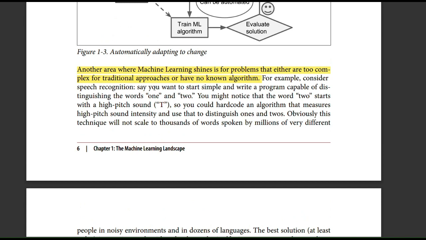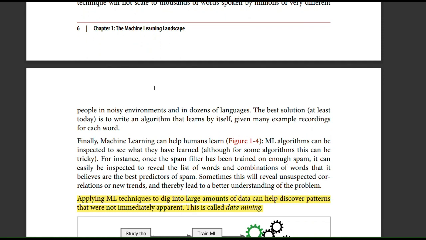For example, if you want to distinguish between the numbers 1 and 2, we recognize that 2 starts with a high pitch sound and the sound t, and 1 starts with a somewhat lower pitch. So we might use that observation to classify 1 and 2. But there are thousands of other words and thousands of other languages wherein 1 and 2 are present, and it's just two words, 1 and 2. And just for distinguishing these two words, traditional programming requires so much work.